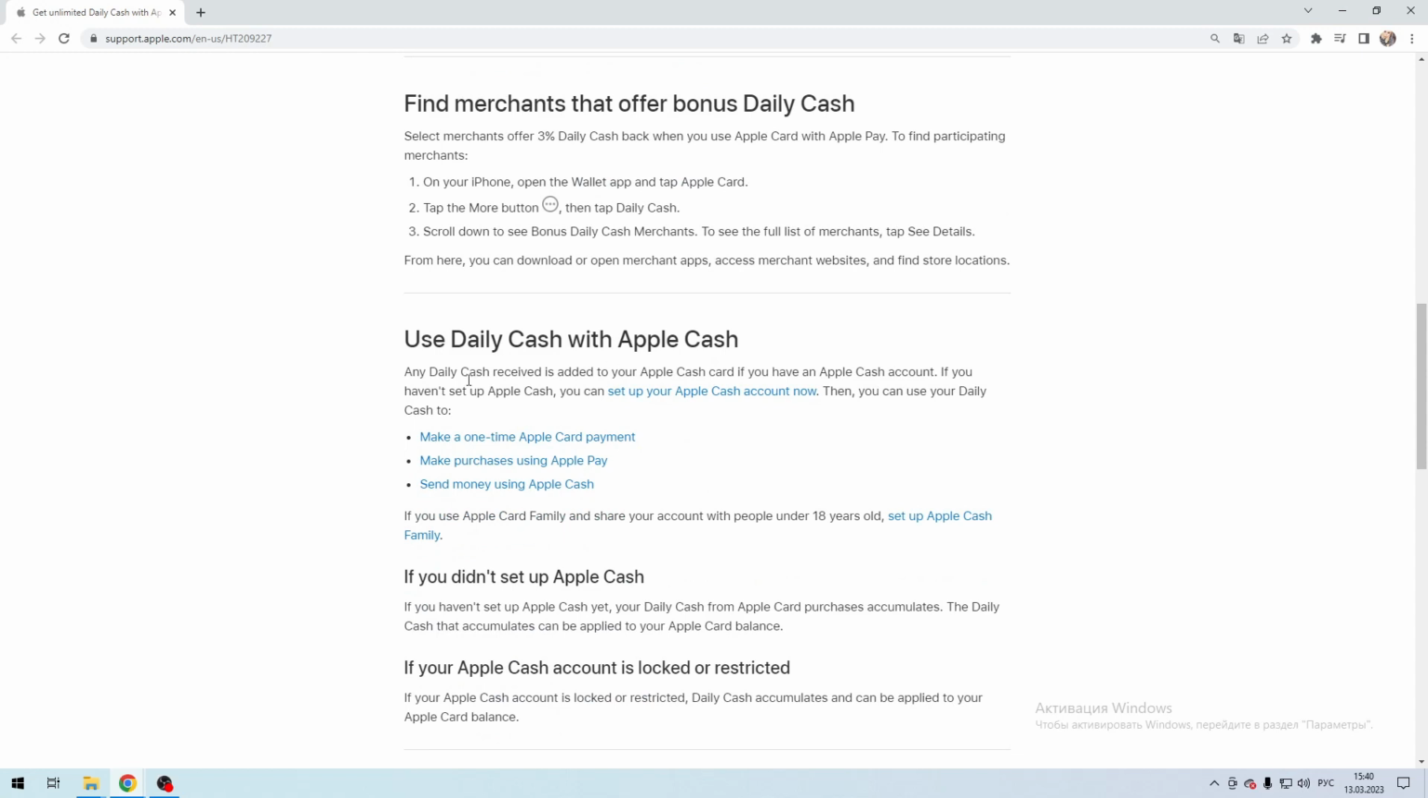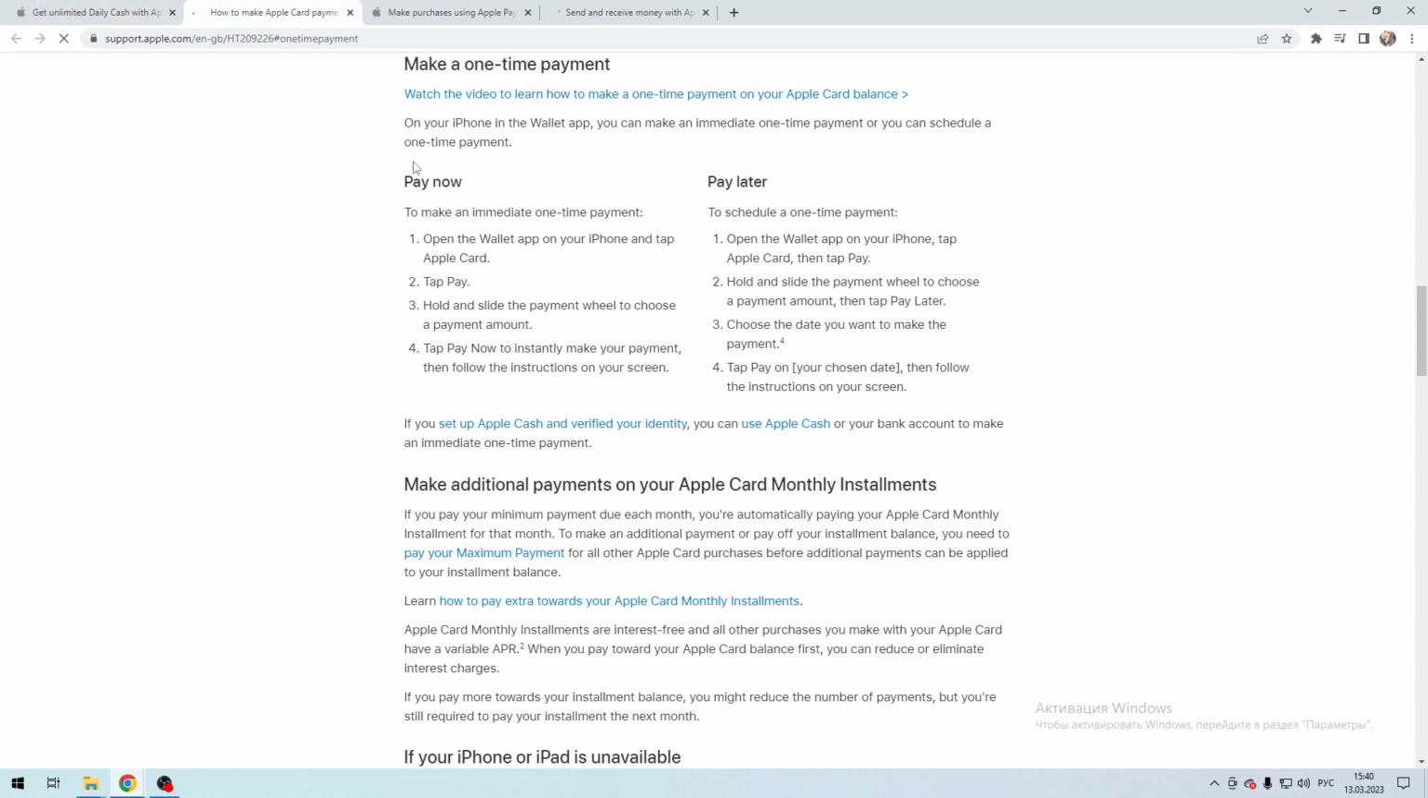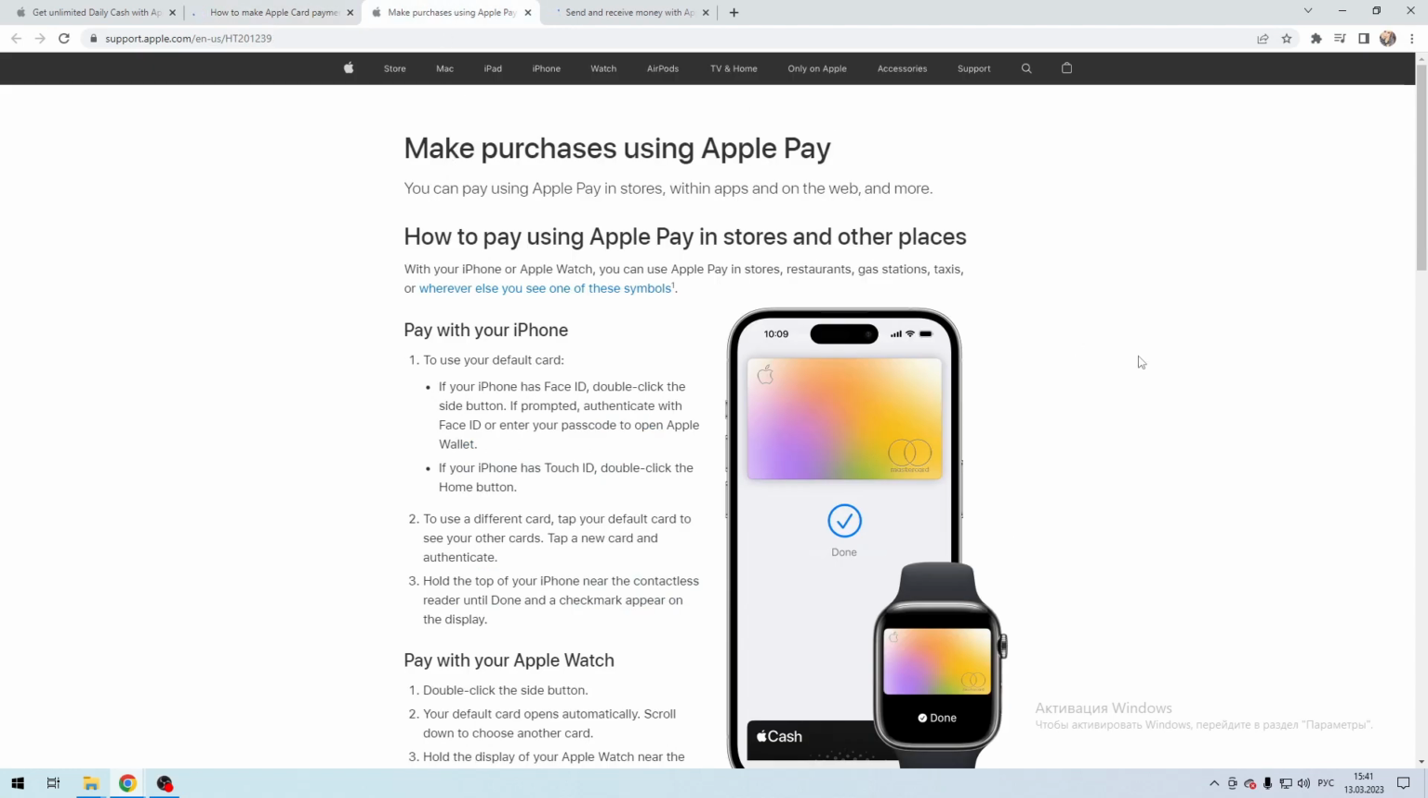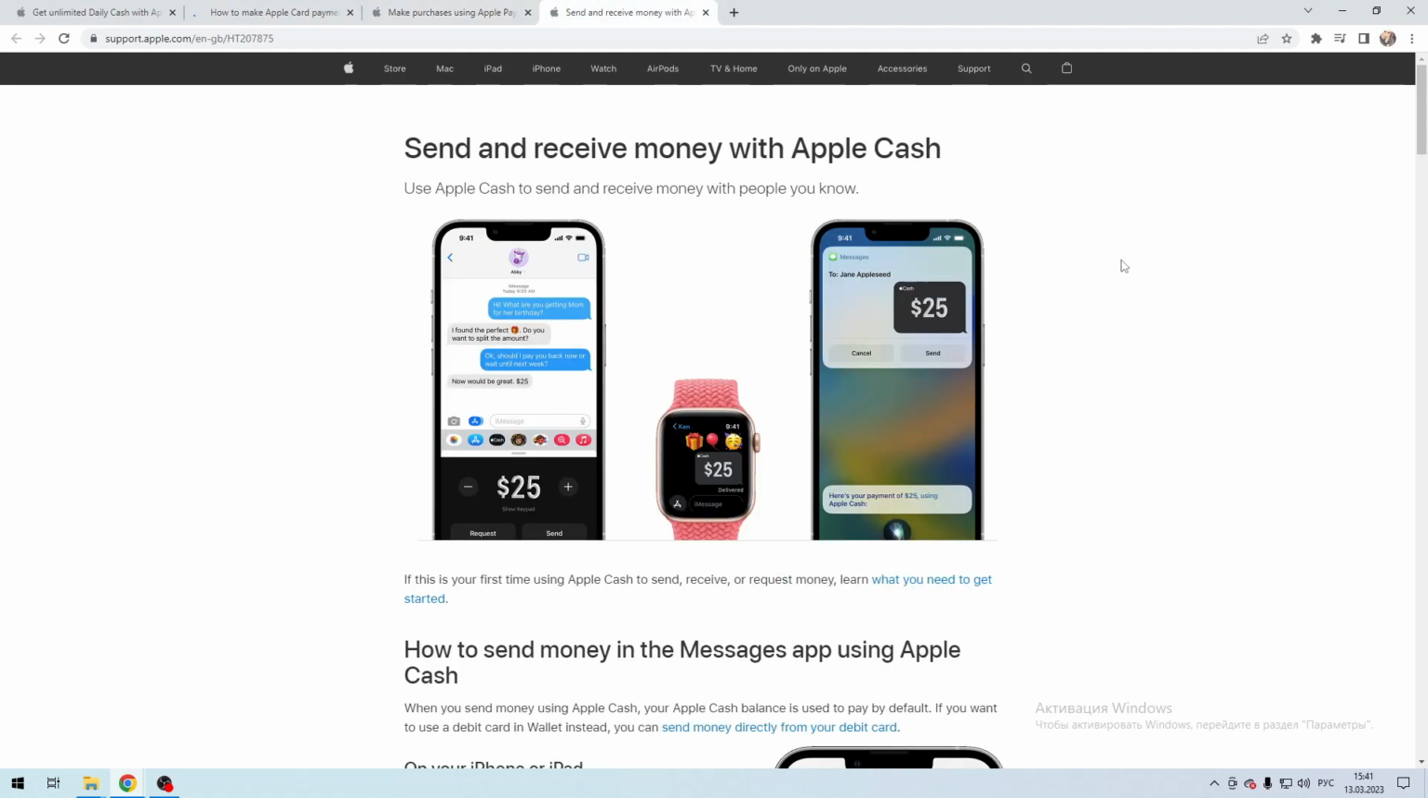How to use cashback. Any daily cash received is added to your Apple Cash card. If you have an Apple Cash account, then you can use your daily cash to make a one-time Apple Card payment, make purchases using Apple Pay, send money using Apple Cash. Now you know how to use Apple Card